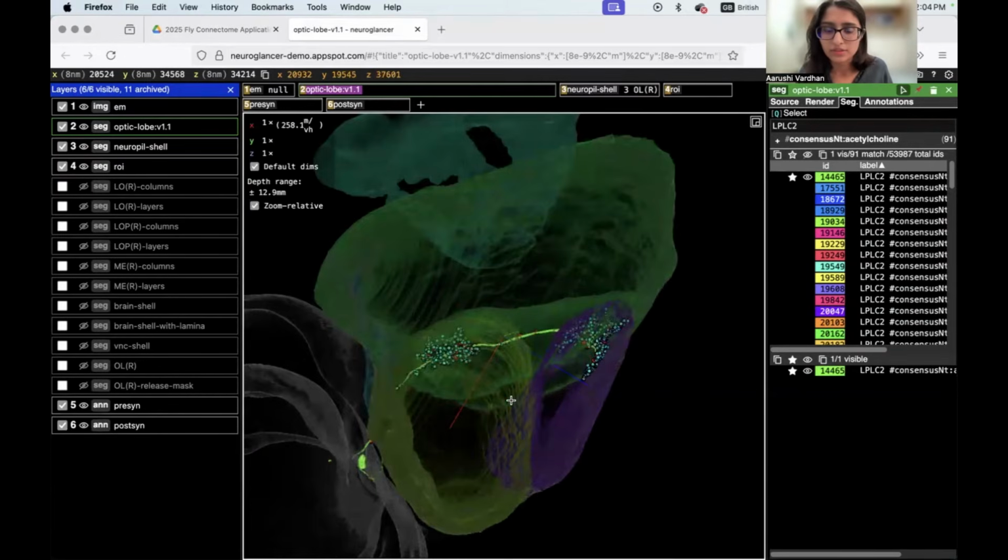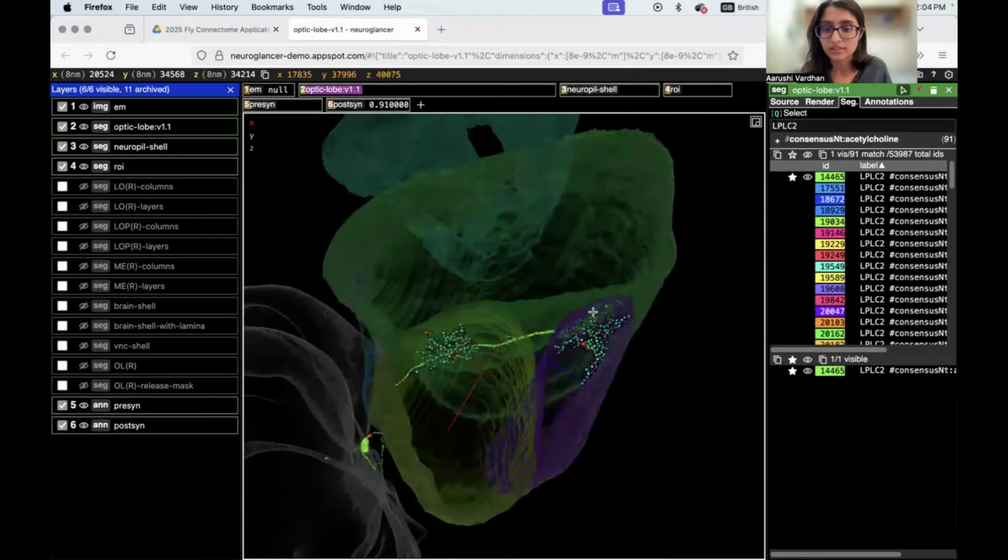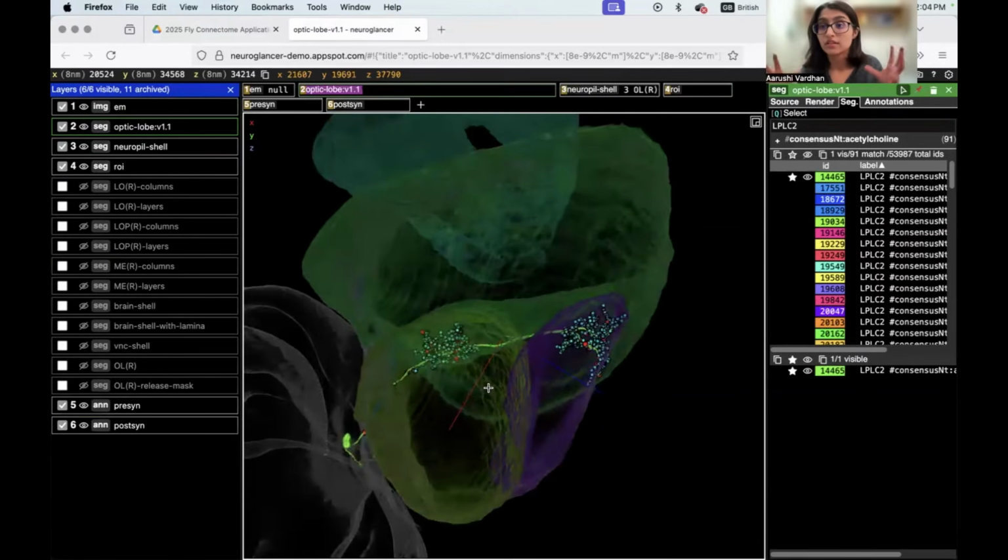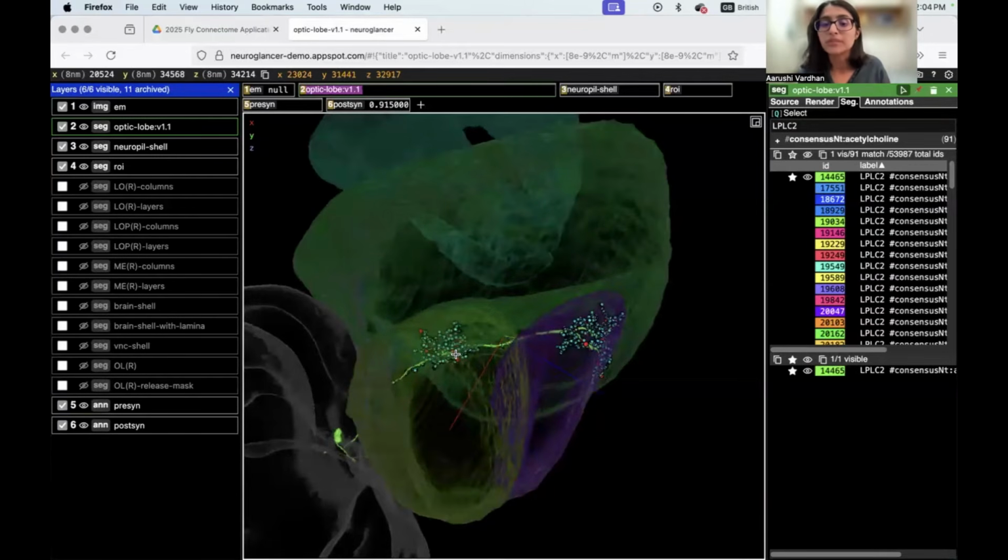So you can see most of that is localized within the lobula plate and the lobula. So its arbors are concentrated on those regions. Arbors also means the branching pattern of this neuron. Now, since I've honed down that LPLC2 goes from the lobula and the lobula plate, and that's where most of its